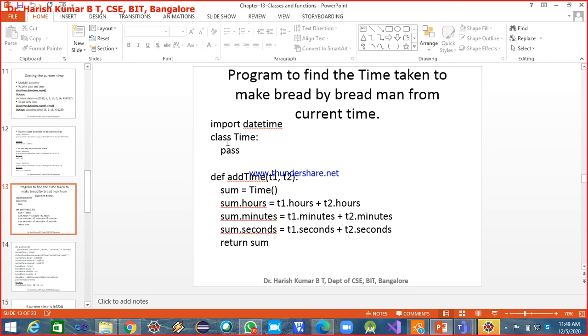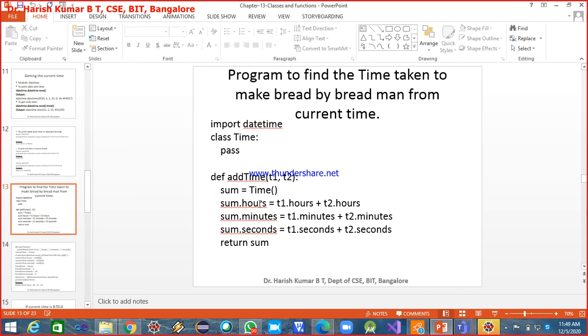Inside the method add time, I'm creating one more instance. You have understood already in the previous classes how to create an instance for a class in Python. It's so easy. So this is how I'm creating another instance with the name sum, for the same class Time.